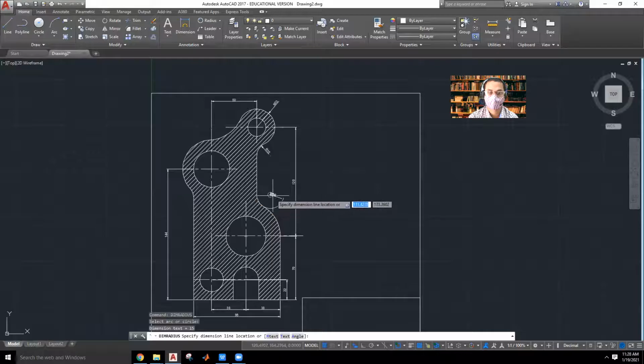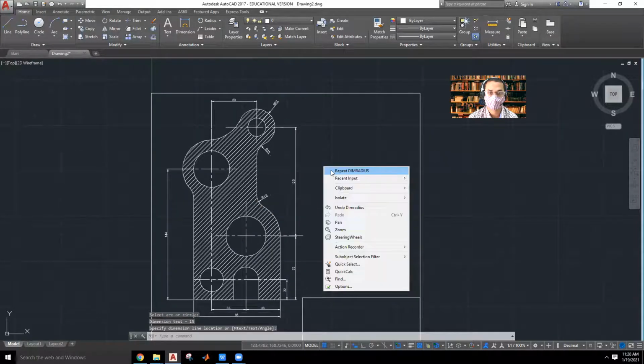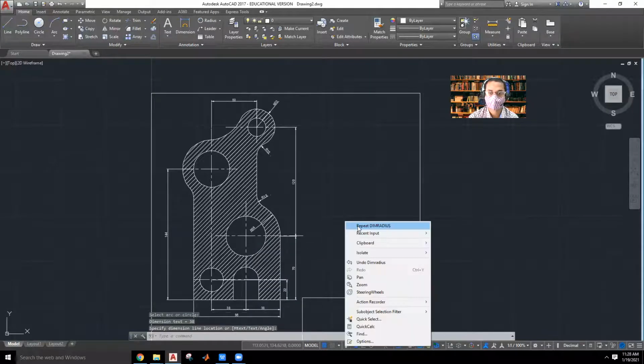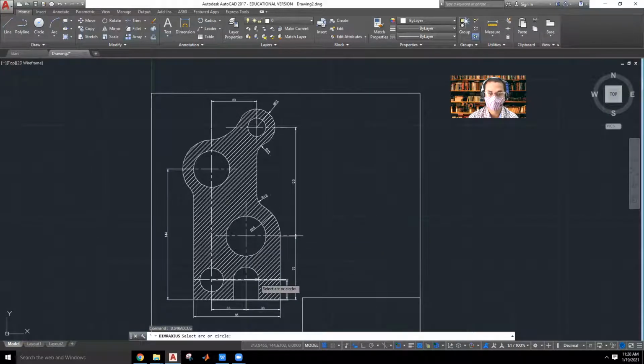Select this one and I'll place it as R15. Again right click, repeat dim radius. I'll select this one and place it, so it is R38. Right click dim radius. Again I will be specifying this arc so that it is R14. Then right click dim radius, select this one, and I'll place it so that this is R32.